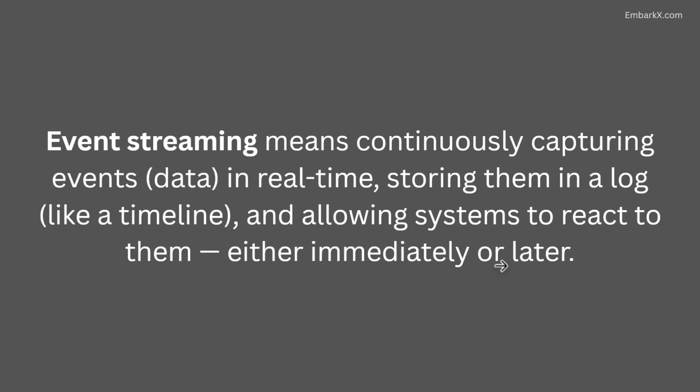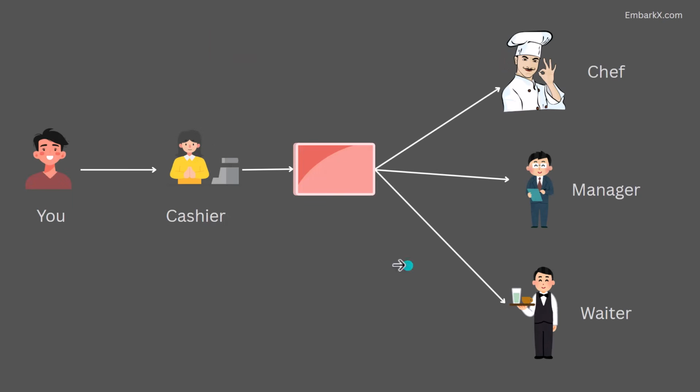Okay, for example, in our restaurant analogy over here, orders coming in is an event. So now you have placed an order, and there will be hundreds of other customers who will come in and place orders. Now this cashier who is sitting at the counter will do the job of pushing the order to the digital display board. The chef will immediately react to these events and start preparing the orders, right? The manager can take his time, like he can make a log of the orders that are incoming, like what all items are going in, how the